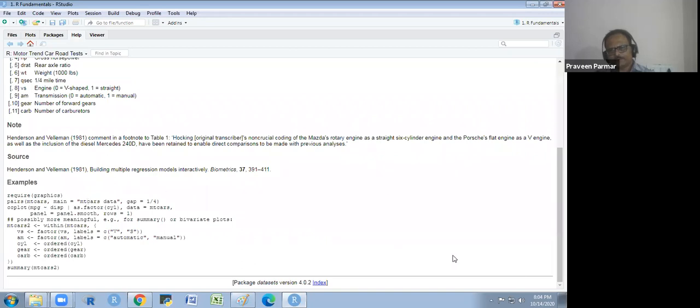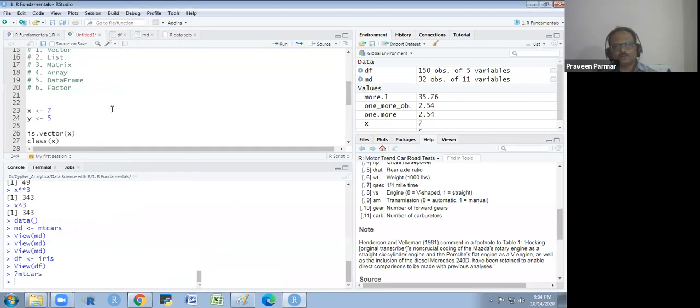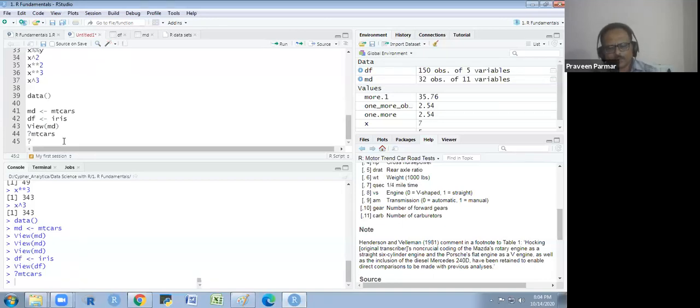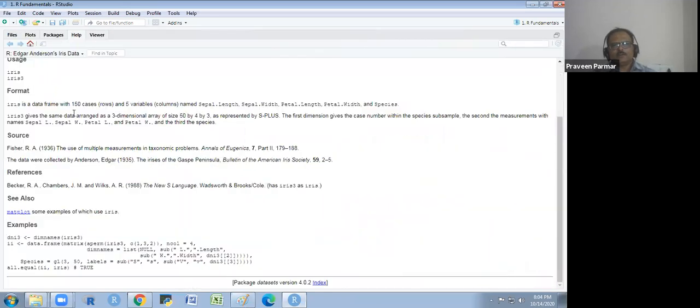Got it? Any data set, if you want to know, for example the Iris data set, just put a question mark and write Iris. You will get all the detail here.